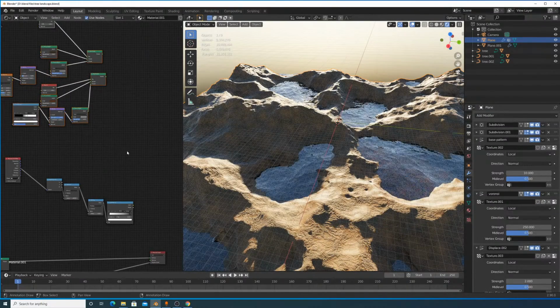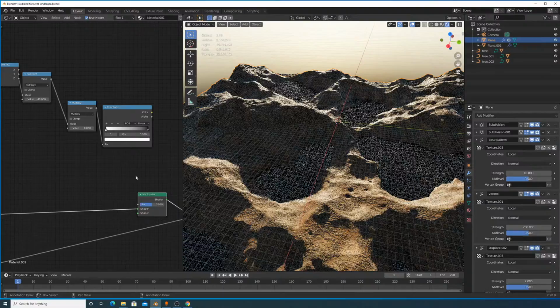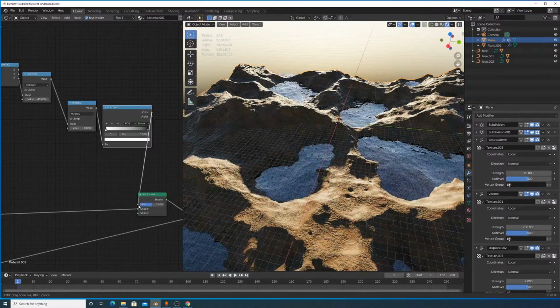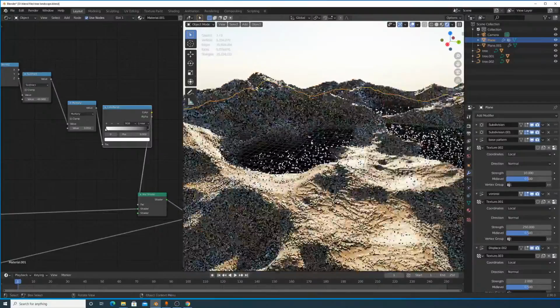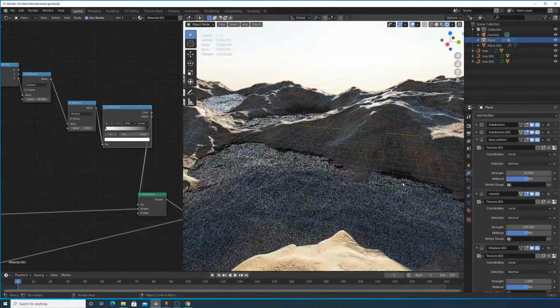And then I'm going to use a mix shader. And I'm going to use this as the factor. So now you see, if you look closely, that anywhere where the water is,